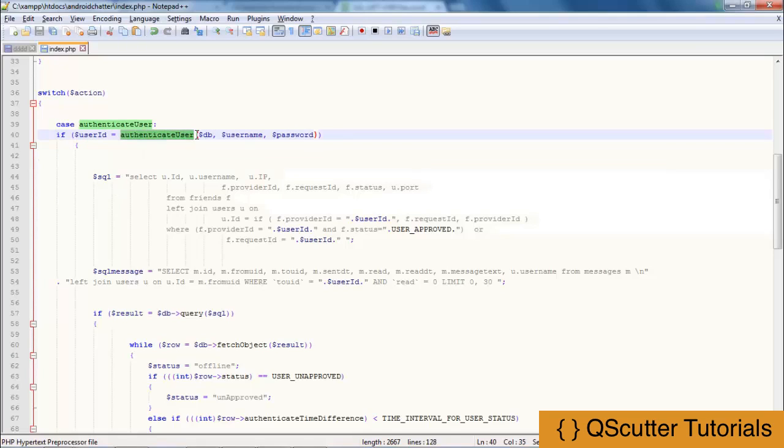It is a custom method which we're going to be creating later on in the server in this index.php with the parameters of db username and password. And the function of authenticate user is that it's going to check the username and password, whether they are present inside the database or not. So if the user ID is present inside the database,